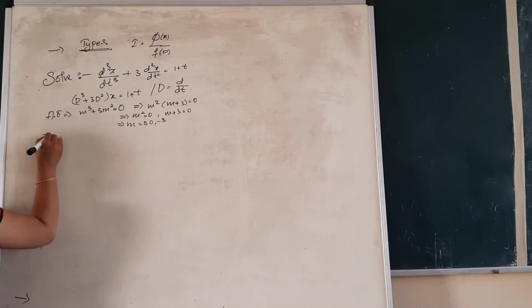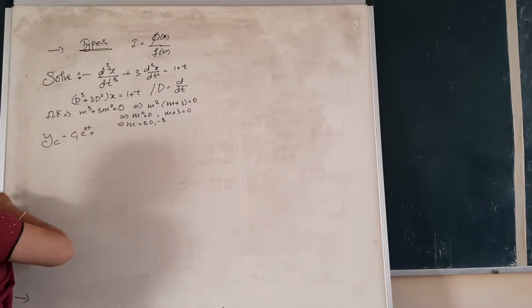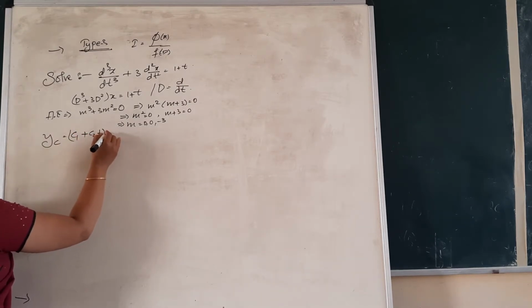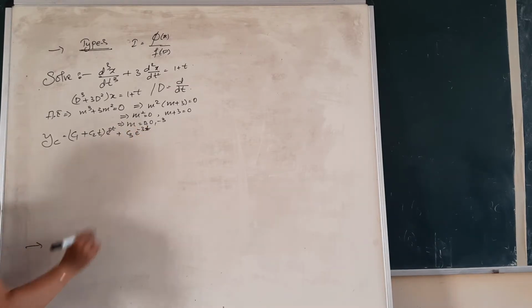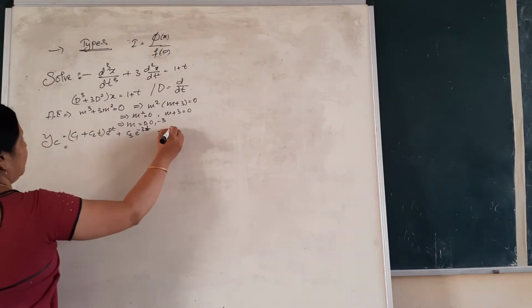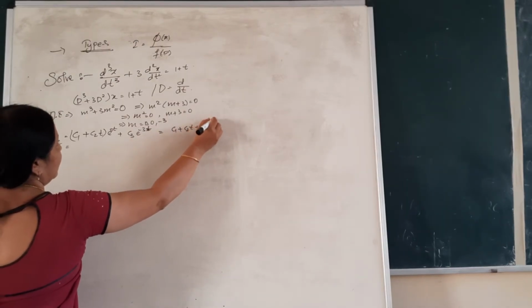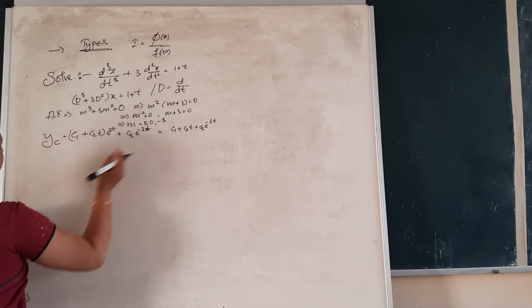So now let us write the complementary function based on these values. We have c1 e raised to 0t. Actually there are repeated roots. So c1 plus c2 times of t into e to the power 0t plus c3 times e to the power minus 3t. Okay, so this can be ignored because anything raised to 0 is 1. So we can simplify it and write it like this: c1 plus c2t plus c3 e to the power minus 3t. Okay, so this is the first part of the solution, our complementary function.